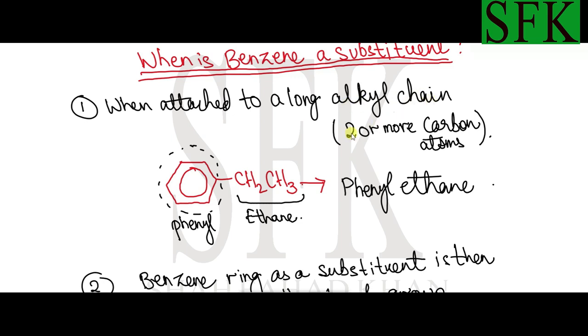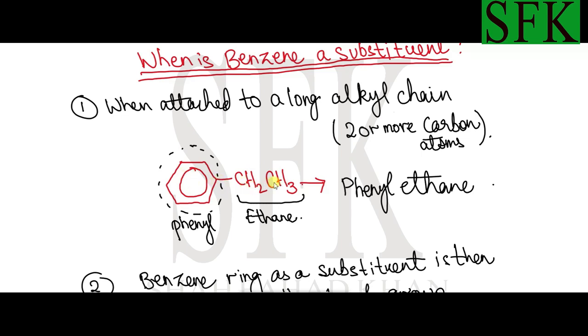Long alkyl chain means 2 or more carbon atoms. So with an alkyl chain that contains 2 or more carbon atoms, it's not referred to as ethylbenzene or propylbenzene, but rather the benzene ring changes and becomes the phenyl group. The name of the benzene changes and becomes a phenyl group, and then the remaining carbon atoms over here, for example,